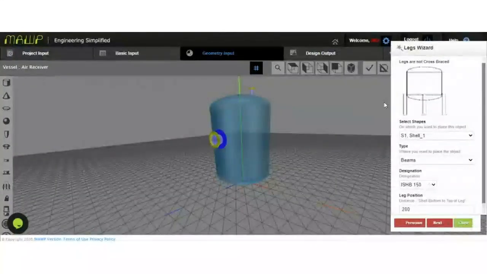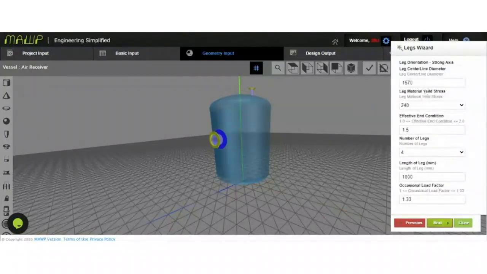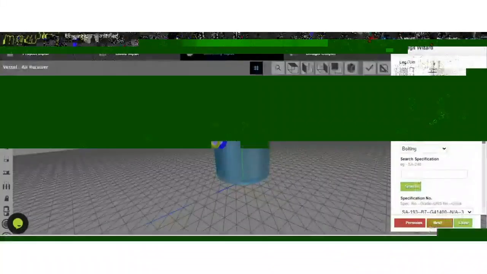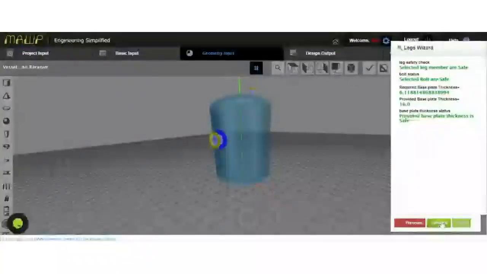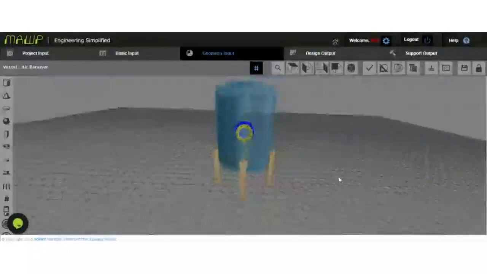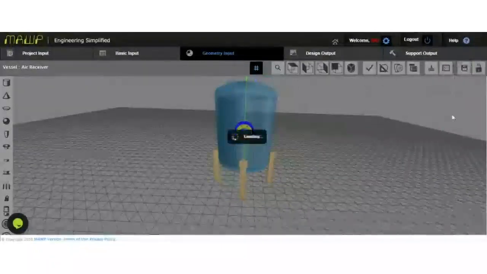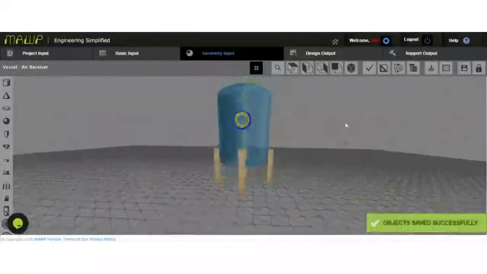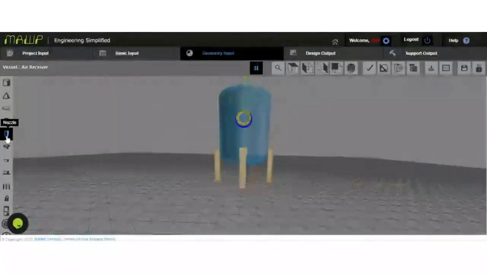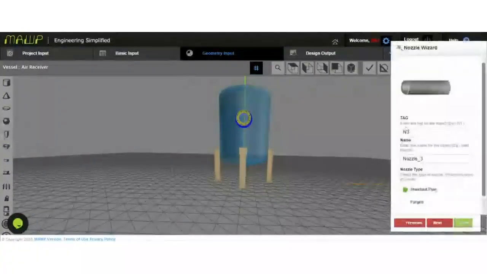Now we'll go for legs. So you can give the dimensions which are required, or you can provide all the inputs, length, and so on. So now we have completed a shell, nozzle, flanges with legs. So you can see this 3D model, you can save it. Just for the reference,